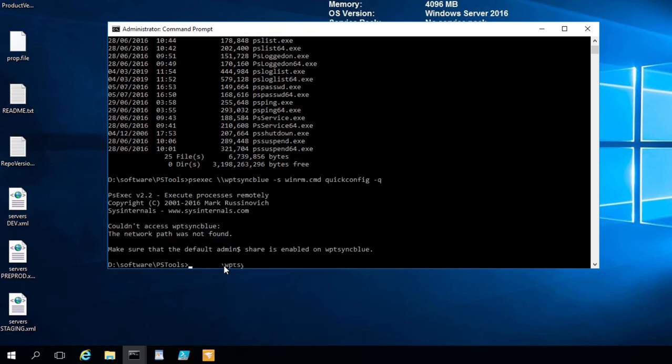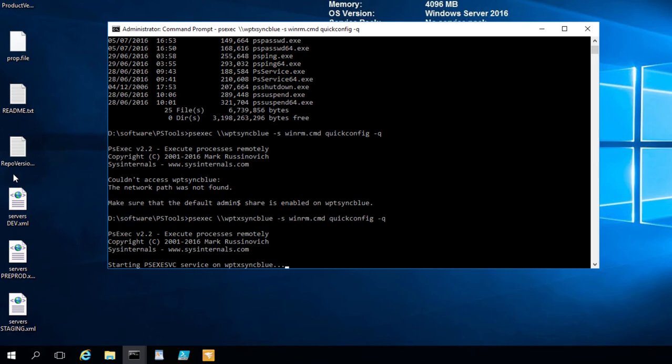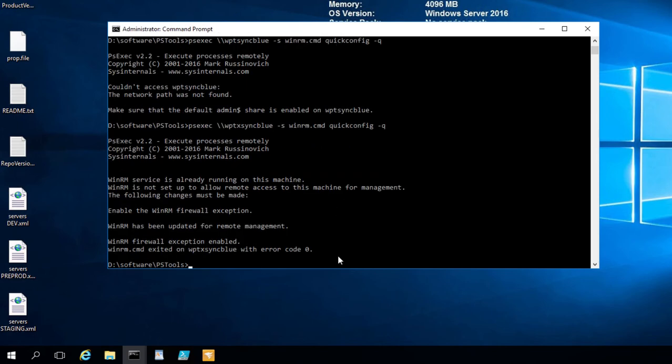It's executing this now remotely. And of course, if you try that with a host name that exists, it will take a few seconds, and at the end it will report that WinRM works now. Voila, WinRM has been updated for remote management. The firewall is opened and the error code is 0.